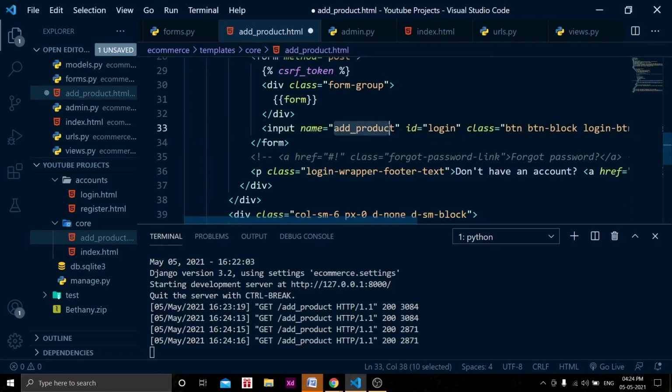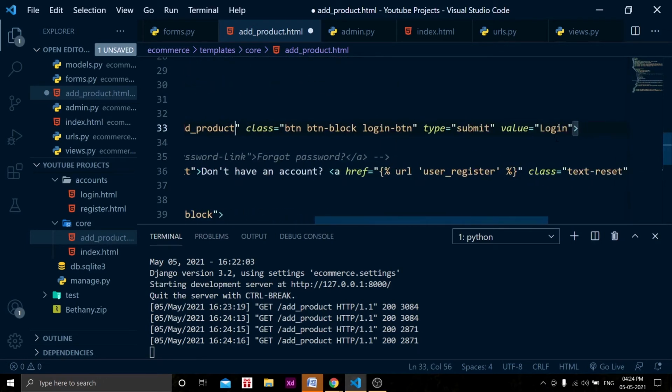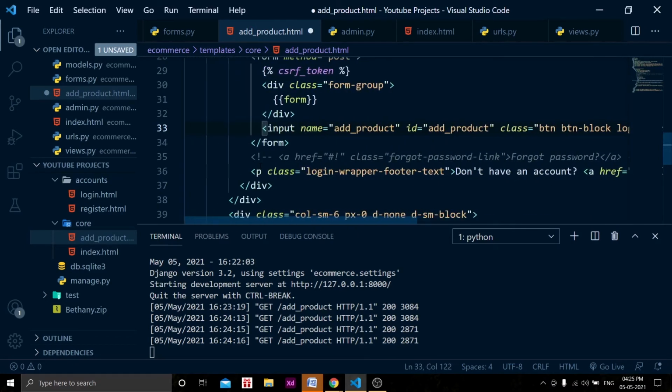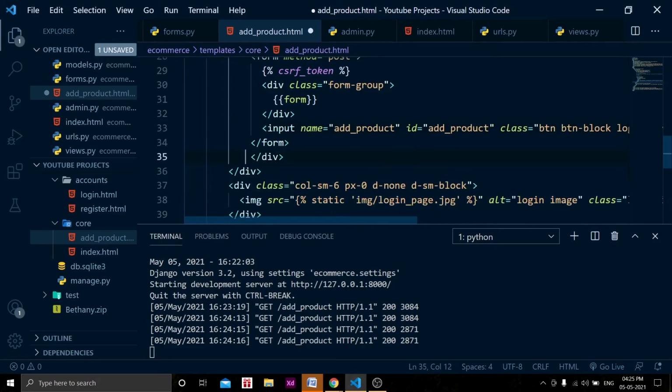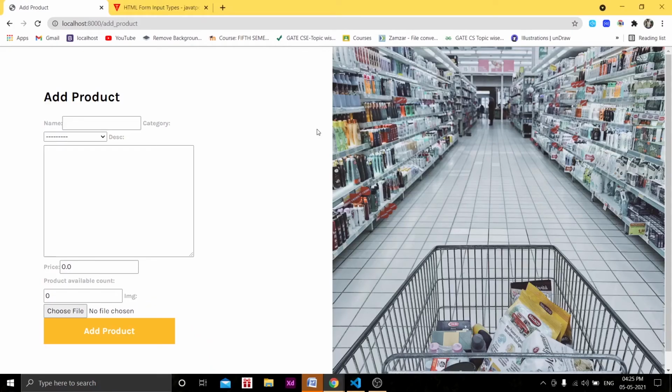Add product, id was product and value was add product, right? And we don't want this. And when we hit refresh, okay, it is still looking ugly.